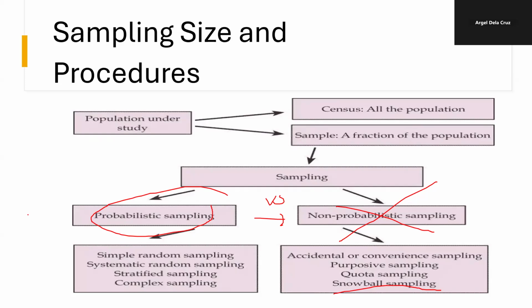Pag probabilistic sampling kasi, you can generalize. Okay? So, that's the advantage. Generalize. Okay? You can have a generalization, and our mean or our sample responses is more reflective of the general will or tendency of the research population. So that's the beauty of probabilistic sampling technique. So paano? You can have the simple random technique by identifying how much or what is the sample size using our formula later on. Or you can have the systematic random sampling, stratified sampling, or complex sampling.